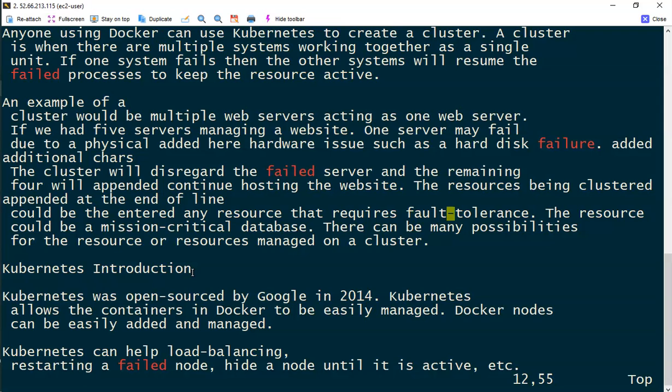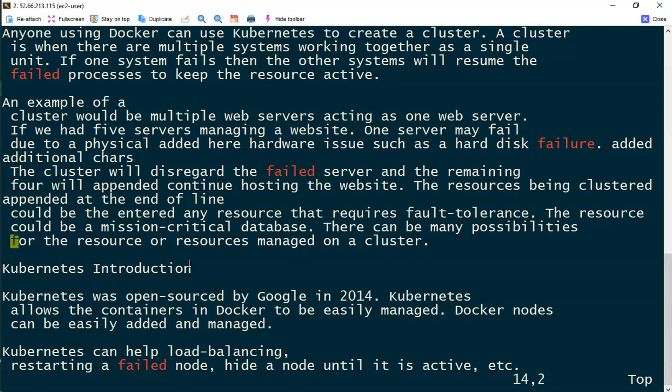But if I am somewhere here, if I press uppercase B, it comes to a word separated by spaces. It becomes easier if you want to consider the entire word like mission critical as one word, you can use uppercase B, something like this. So smaller b is just one word which is separated by a non-word character. Uppercase B is you just go to wherever there is a space.